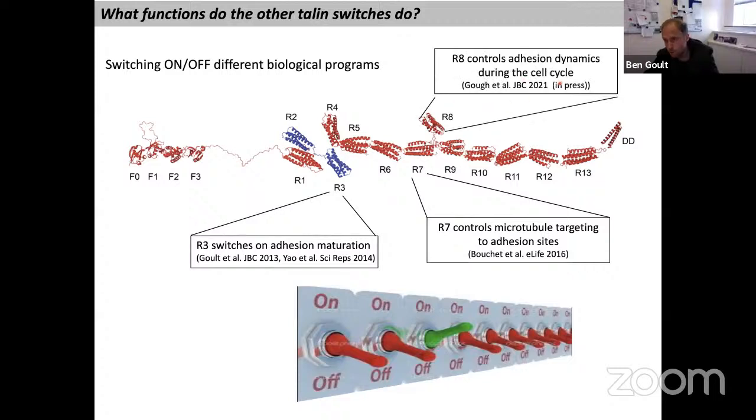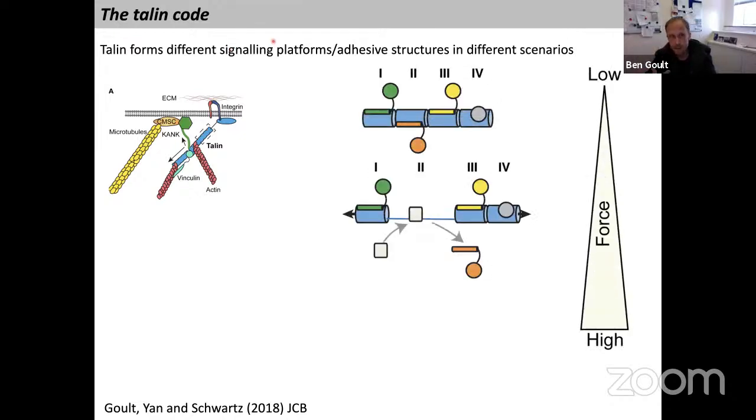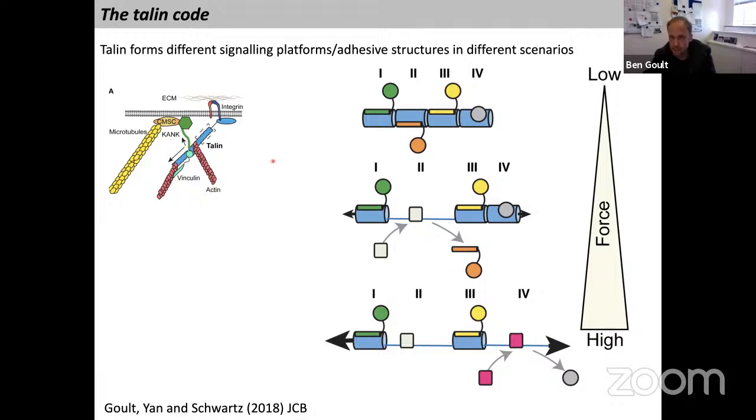And then what we just published last week is that the R8 directly interacts with the CDKs, cyclin-dependent kinases, to couple the adhesions to the cell cycle and to link these together. But what we start to imagine is this really complex behavior of these adhesions, which look to just contain integrin, talin, vinculin, actin. But within that, you can recruit hundreds and hundreds, up to 250 plus different molecules have been shown to recruit onto these adhesive structures. And part of that is through the shape shifting of the talin molecules, where the domains are changing their shape.